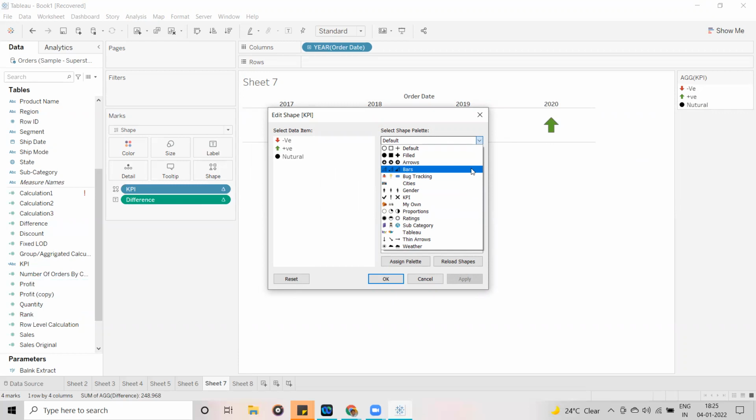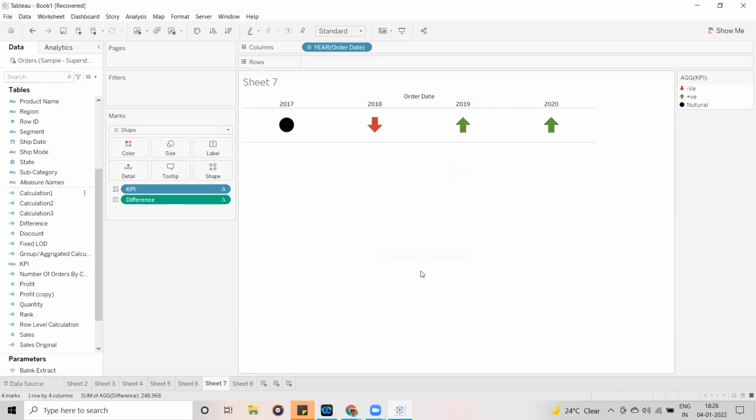These are the small things, guys, I will explain. But you have to be clear on the calculation part. Calculation is more important when we work in real time.